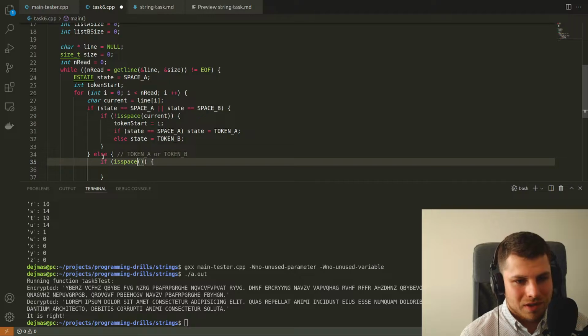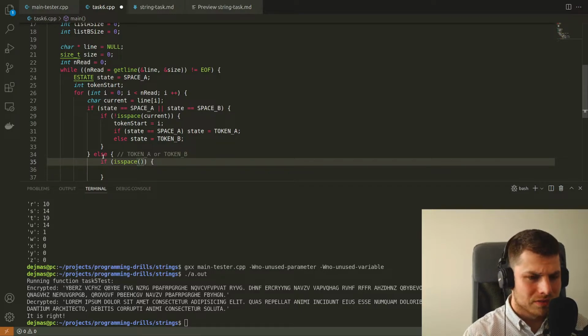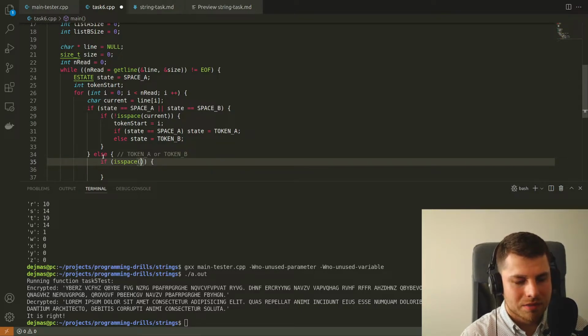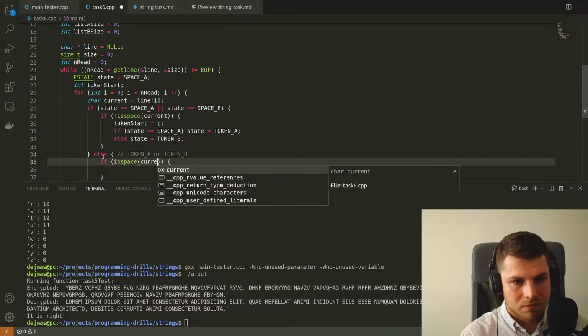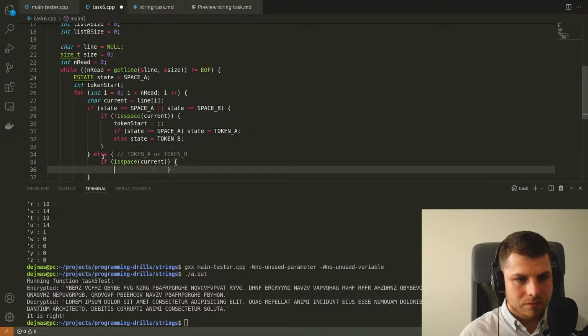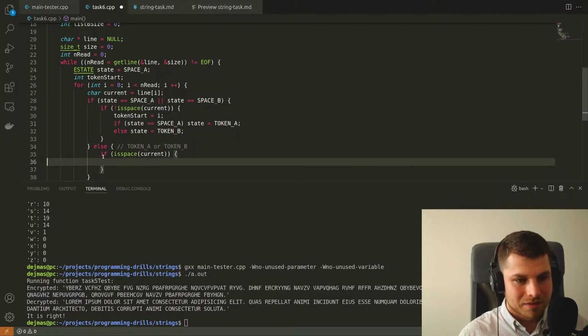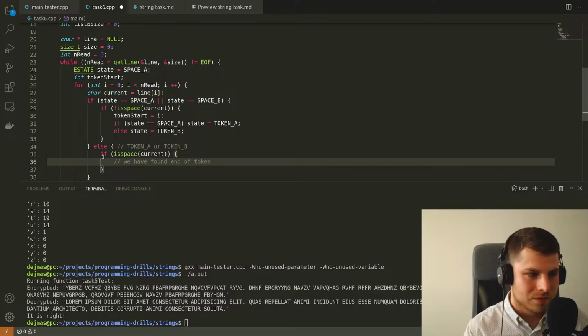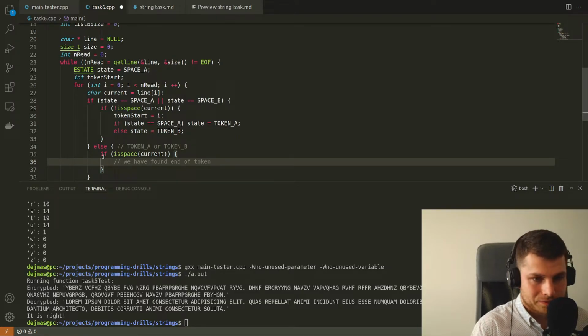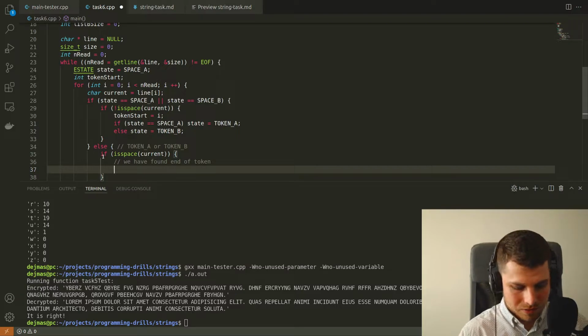I'm thinking now about the last token, but it's not the first cover. It's not the... We will solve this later, basically. Okay, so is space means that. Yeah, so is space of current. And this basically means that we found the end of the token. We are now on the character which is one after. Okay, so let's make a token. Let's allocate it,